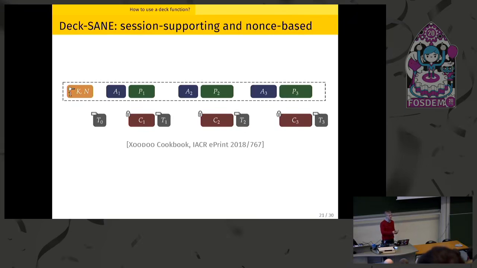So maybe this last message is just a confirmation. It's just a big OK with the tag. You don't want the adversary to be able to reuse this OK in different contexts. Otherwise, the adversary could send an OK on something you don't want, maybe. But in this case, because the tag depends on all the past, this OK is clearly referring to the context, which is the sequence of previous messages. So I think it's really convenient, and it comes naturally with the notion of incrementality that is buried in DEC functions.